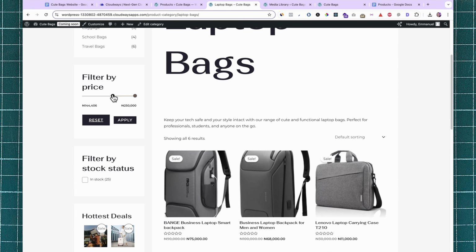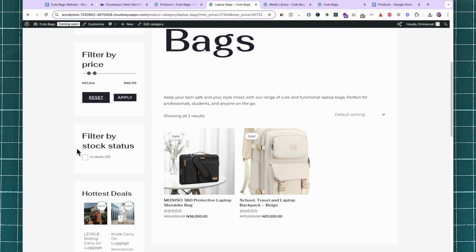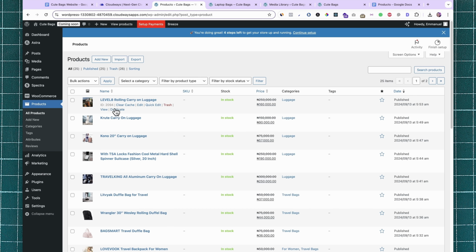I can also filter by price. Let's say I want bags that are less than maybe 50,000 naira. Just drag this to 50. If I click apply, now only bags within this price range will show up here. Users can also filter by stock status. Right now, all the products are in store, but you can also customize this. Let's say you've run out of stock for a particular product, you can easily come over and for each product,